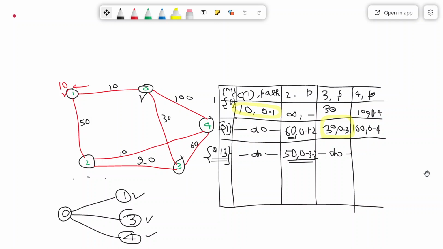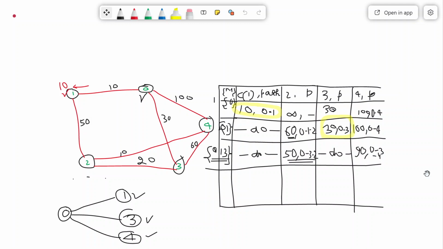So the total cost to reach 4 is 90. 90 is less than 100, so that is going to be updated. And now here I'll write the path 0 to 3 and 3 to 4. So this way, in every iteration we are updating the path.